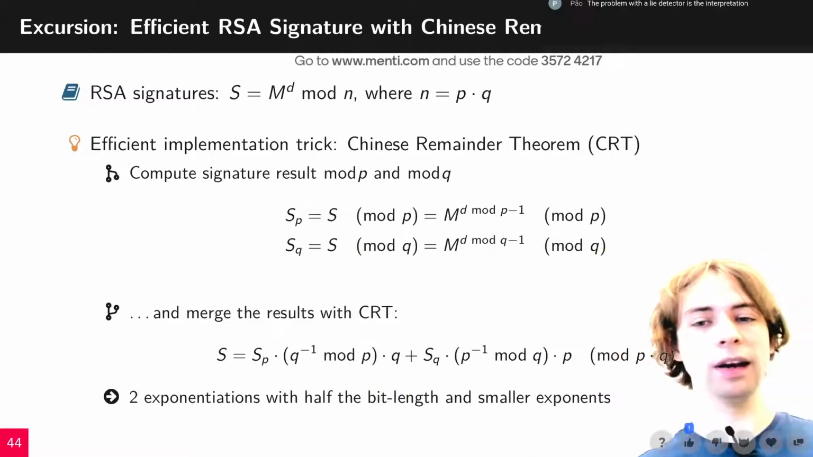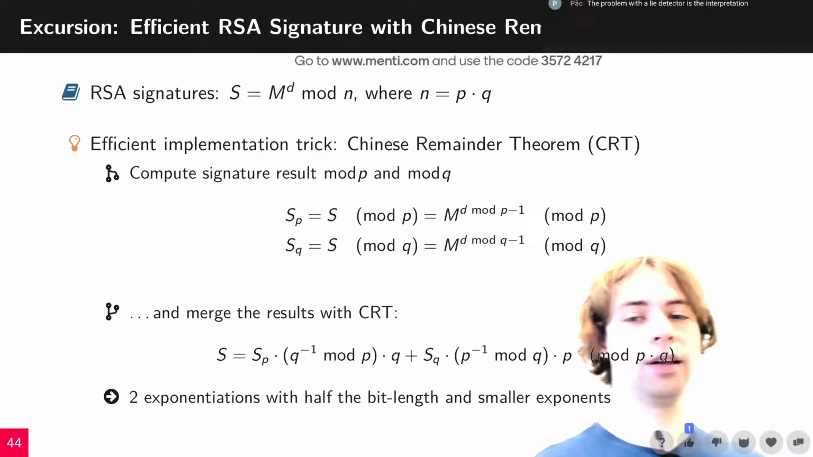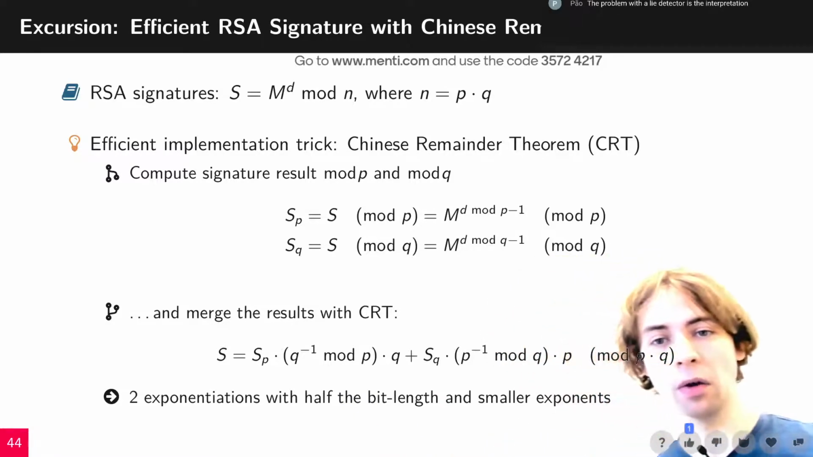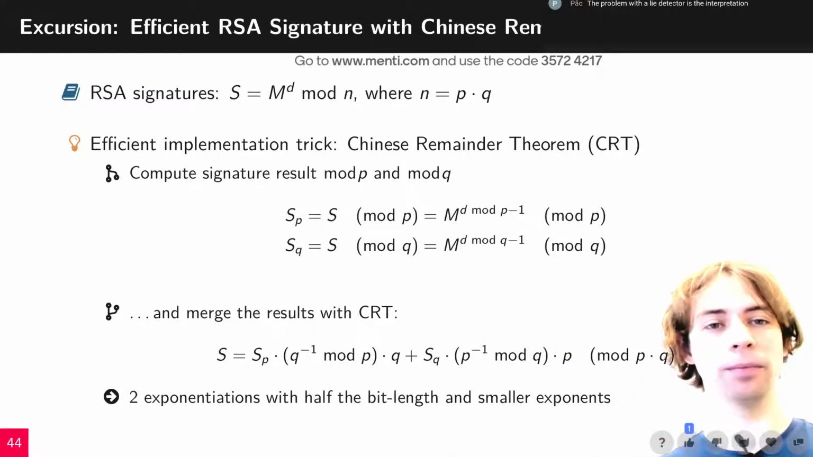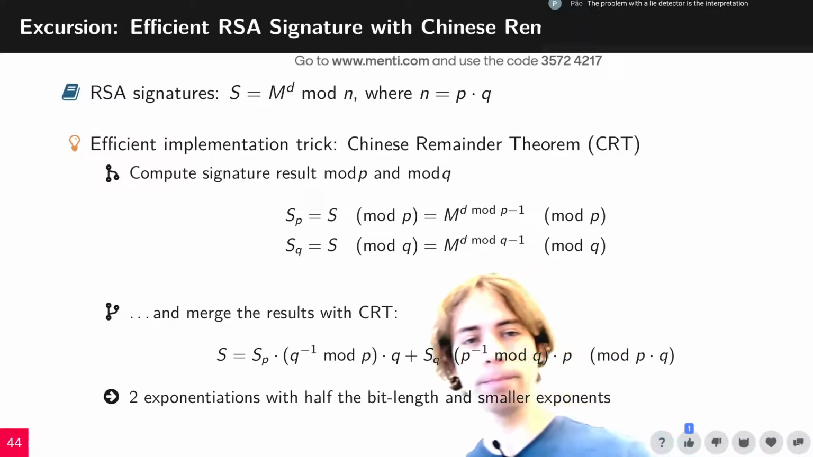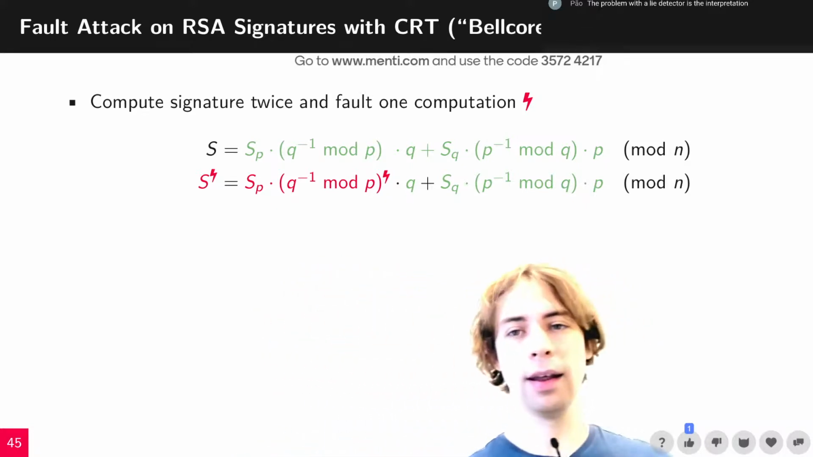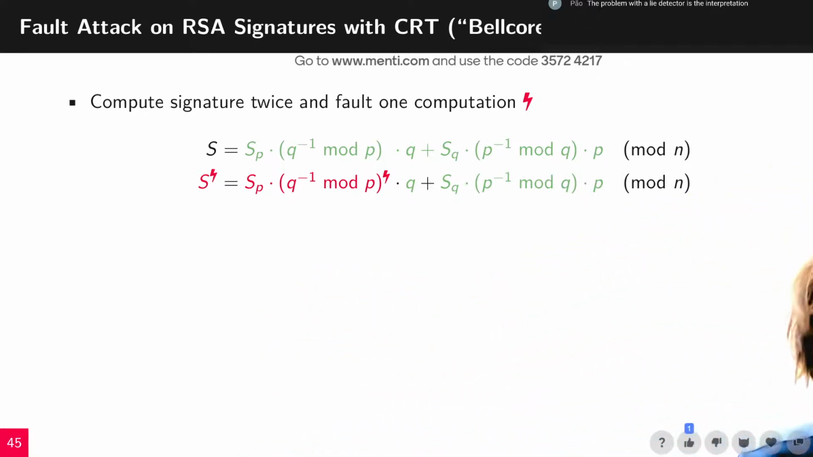And that's really nice because now you have two exponentiations, but with half the bit length and smaller exponents. So this speeds up things a lot. So what can we do here? If we perform a fault attack on RSA, in this example, we call this the